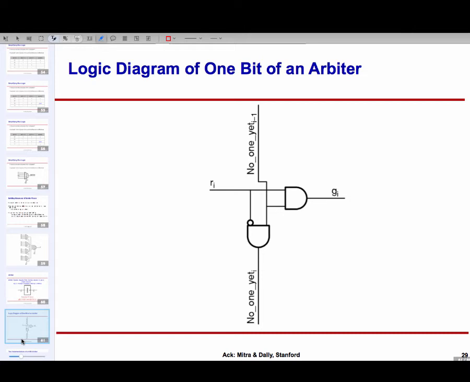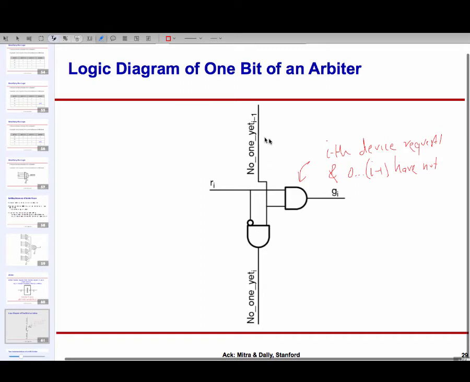So a single stage boils down to this. This gate corresponds to saying that the ith device requested and 0 through I minus 1 have not. That's the interpretation of this signal.